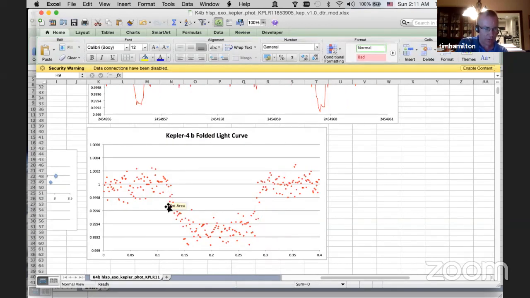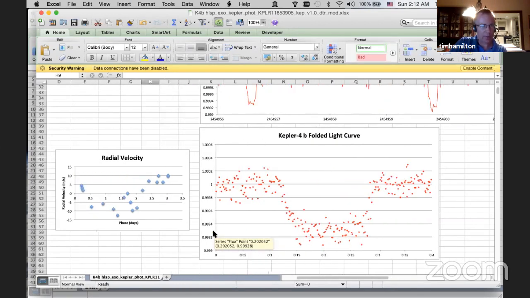What you want to do, you're going to have error on this. You'll never be able to get these to be very nice, smooth lines entering and exiting. But you'll still be able to tell when you've got it the best you can. Then the other problem is that you're trying to get the minimum flux. You don't want to take the bottom dot because that's noise. You want to take it near the middle of where it bottoms out. So right about here, choose a point at that level or just read it off the side there. So 0.9993 is about as accurate as you can really get.